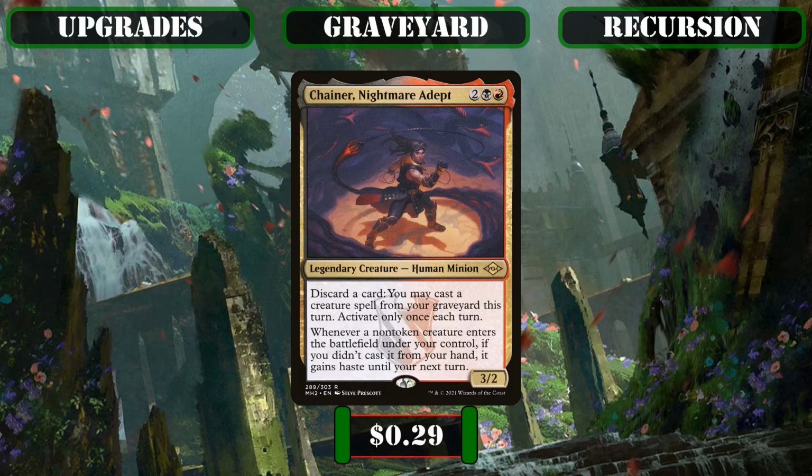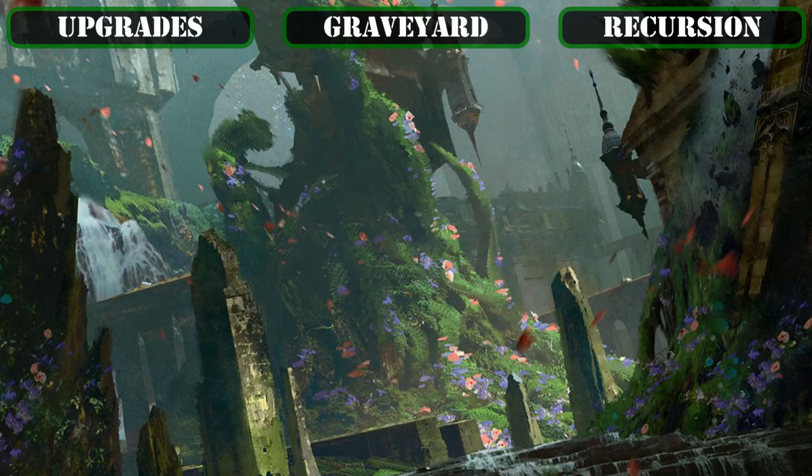to swap in Chainer Nightmare Adept, who lets us cast our creatures from the bin by pitching cards to him, making him an excellent way to get our Lhurgoyfs into the bin to be reanimated by Disa, while also letting Disa and those creatures swing in as soon as they come down to keep the pressure up,